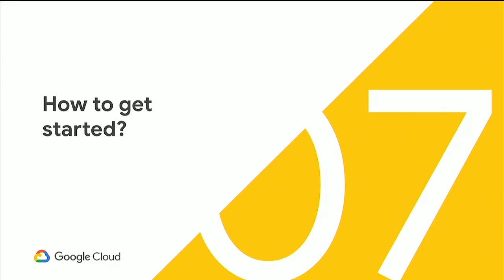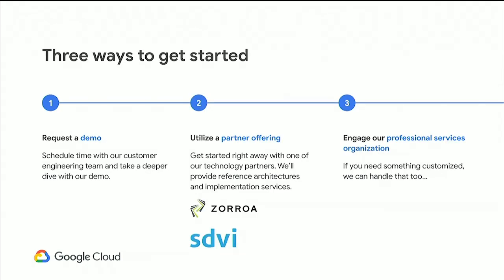Now I want to talk to you a little bit about how you can get started doing this yourself. There's really 3 ways. One is talk to your account team, somebody like me, a Google customer engineer, and we can help guide you through this, give you demos, and get you in touch with partners on how to build this yourselves. You can talk to the partners themselves. They can show you what their technology can do and help you. And then you can engage with our professional services organization. They're the ones that will actually come in and help build this with you, actually deploy it in your environments,